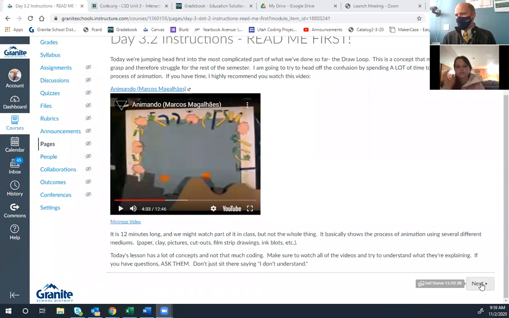So that's really one of the key things that you need to understand in order to completely understand this lesson and what we're going to be going through today with what's called the draw loop. Okay, so on here in lesson 10, which is what we're doing today,